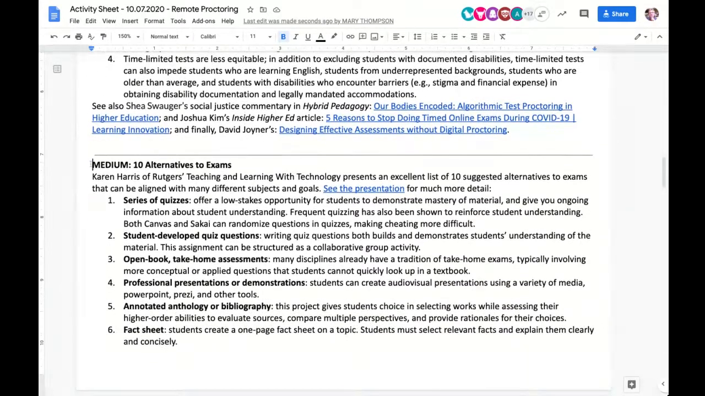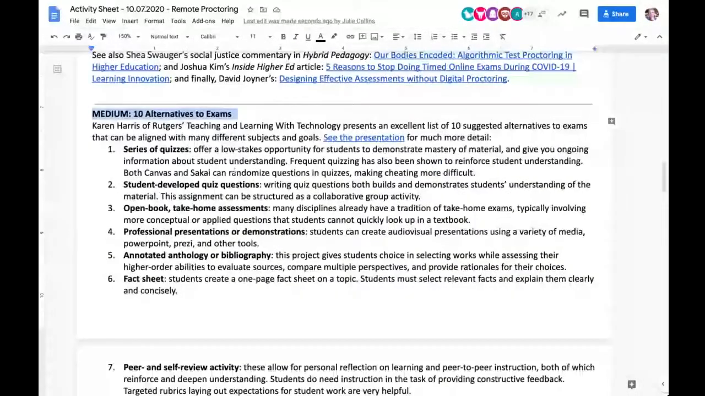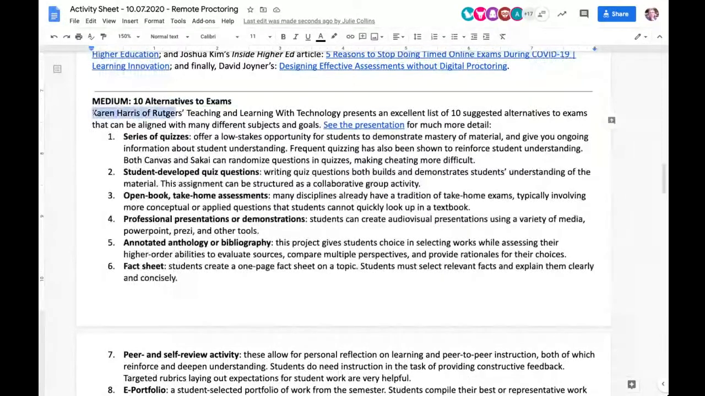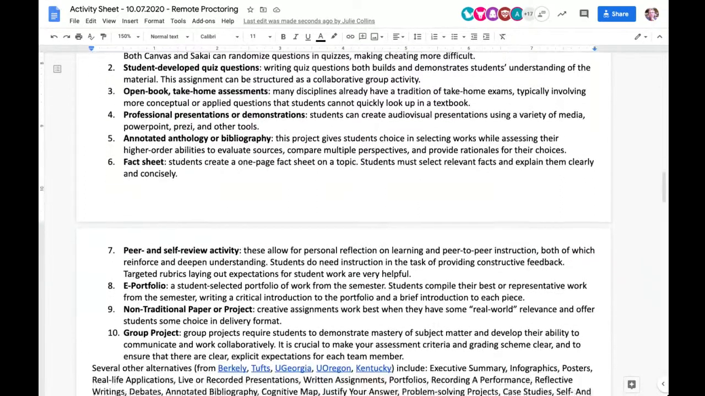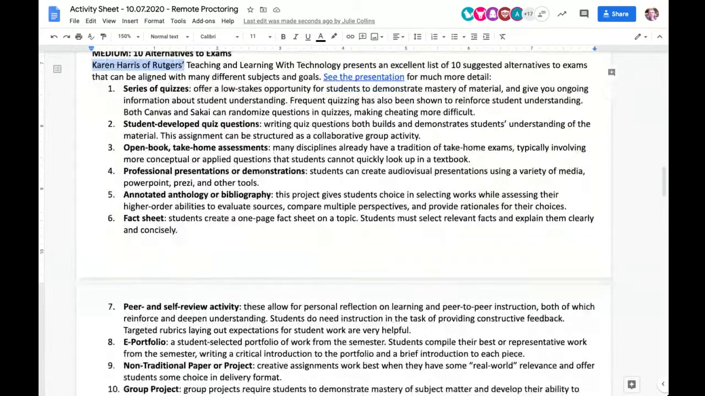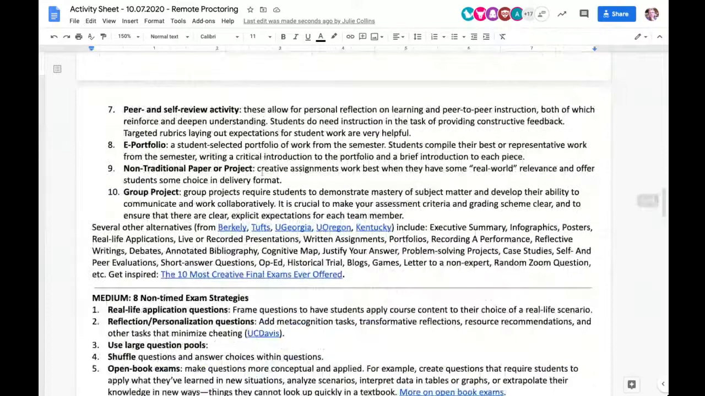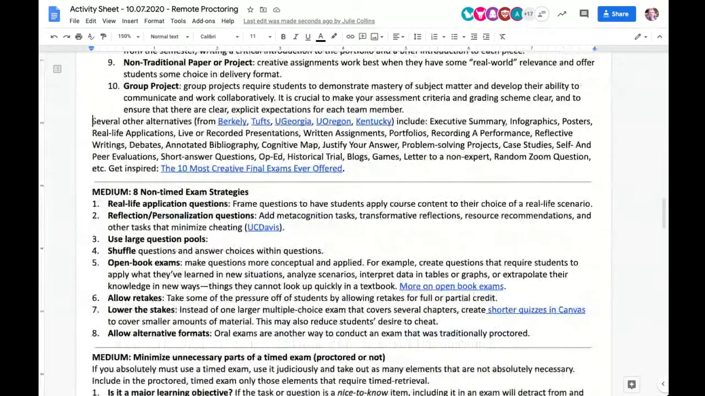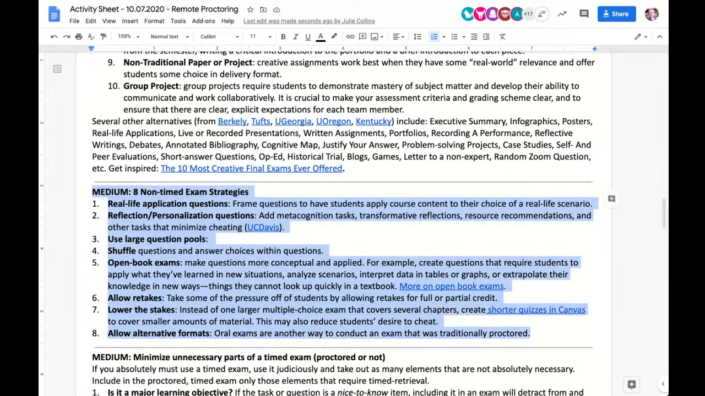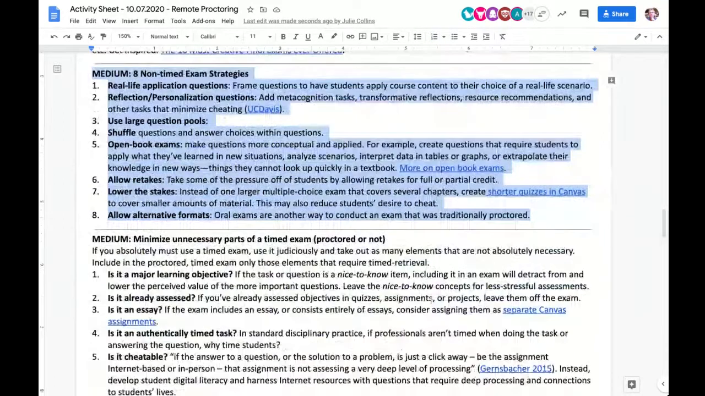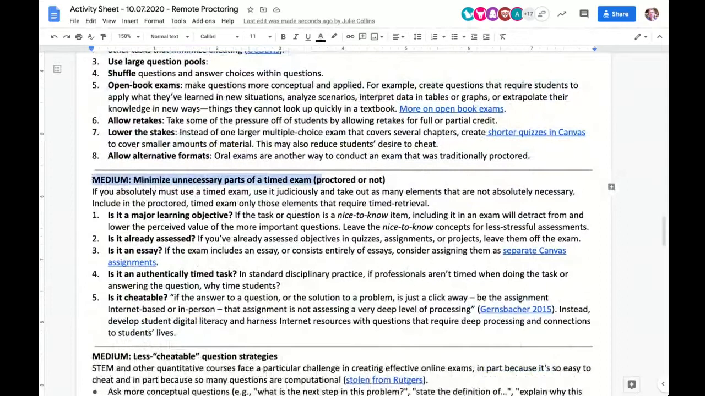I've got some alternatives right here that I found. This one from Karen Harris of Rutgers is actually, it said a lot of what I was going to say, and so I was like, oh, let's just let her give that presentation and summarize right here. There are a lot of other alternatives as well out there. If you need to do exams in general, here are some strategies for that. And ways to sort of minimize the